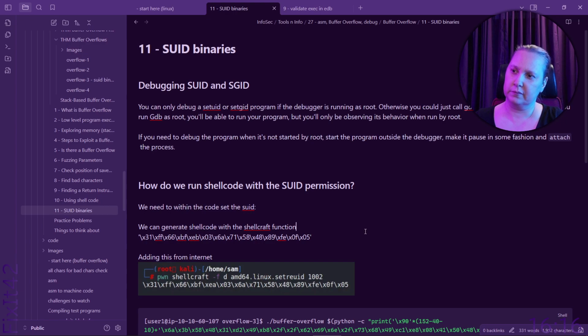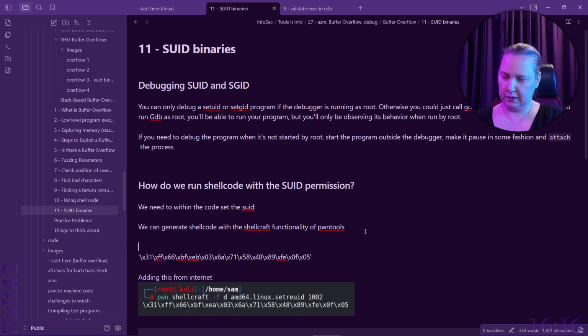Let's do functionality, because that's where I was going anyway, of pwntools. So we shall craft